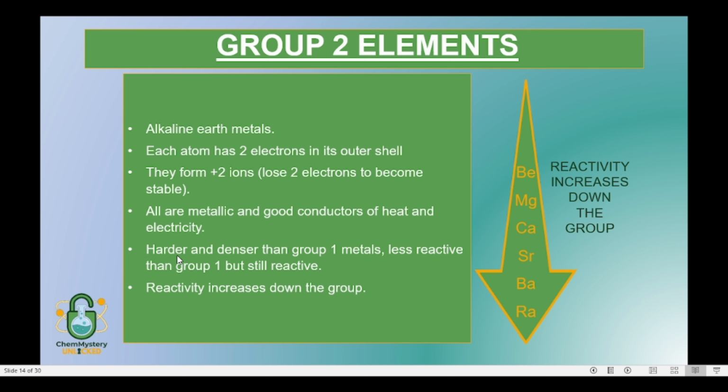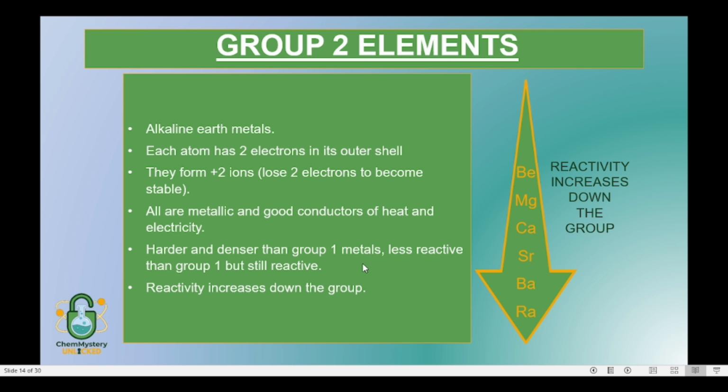Okay. Harder and denser than group 1 metals. Harder और denser होते हैं ये group 1 metals. Less reactive than group 1 but still reactive. अच्छा जी, less reactive क्यों है? Reactivity is lower because group 2 elements have to lose 2 electrons to become stable, which requires more energy than losing just 1 electron in group 1 metals. इससे क्या मतलब हुआ भाई? इससे मतलब ये हुआ कि